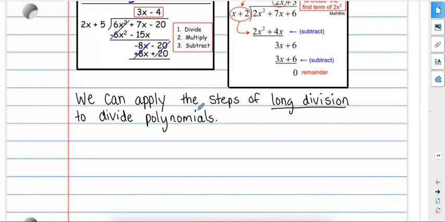Okay, so let's review important terms and the steps of long division before applying this to